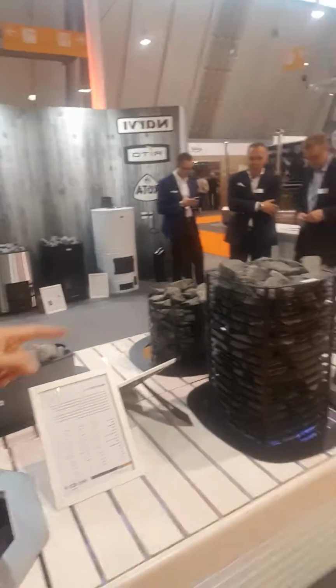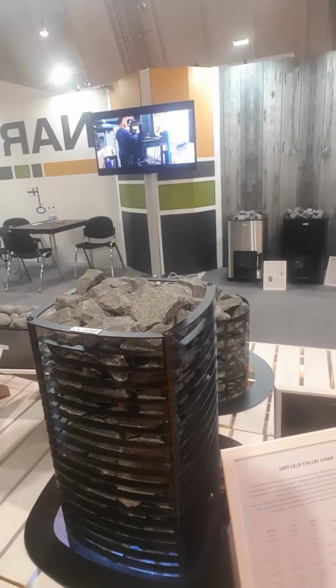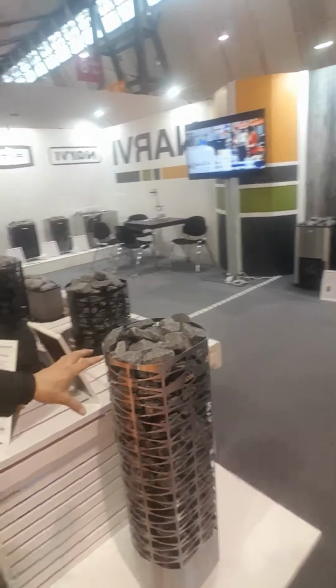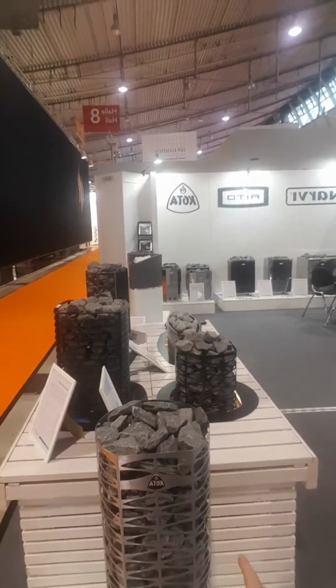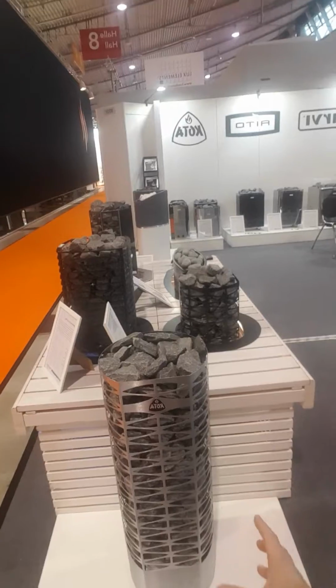The upgraded version, the Velvet, which is handmade. Every piece made by hand. Our flagship model, my personal favorite. Mine also. I'm a big fan of the Narvi Velvet. And then the 80 kilo version, Kotasana, which might be our best seller. Yeah. So this is a more cost-effective option than the other two tower models, and has a really large stone